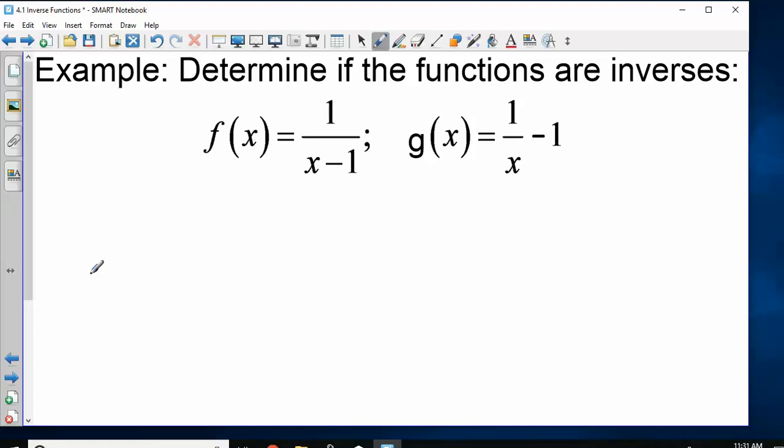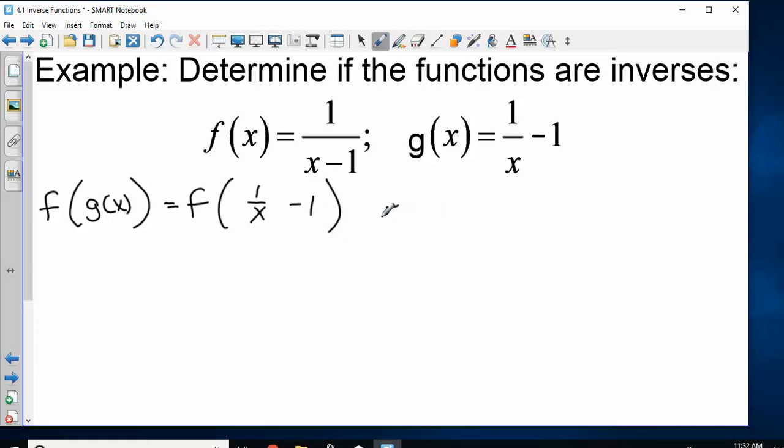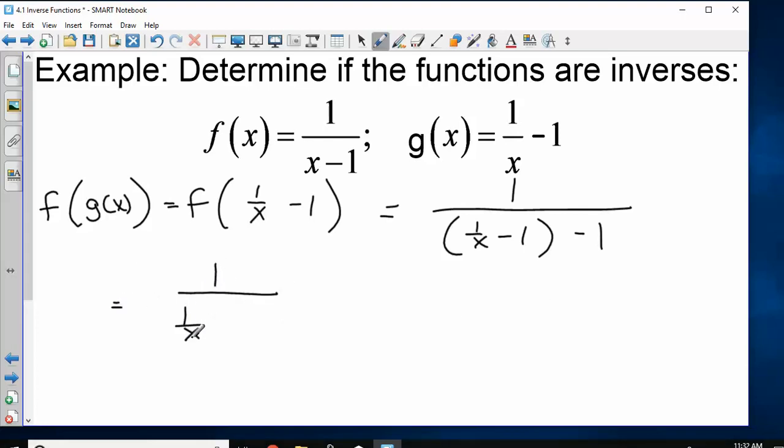So I want to see if these are inverses. So we can compose them. F of g of x. Start on the inside. G is 1 over x minus 1. Plug that into f. So 1 over x minus 1 with a minus 1 on it. If I combine like terms,